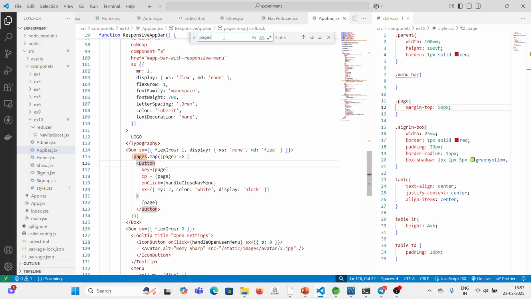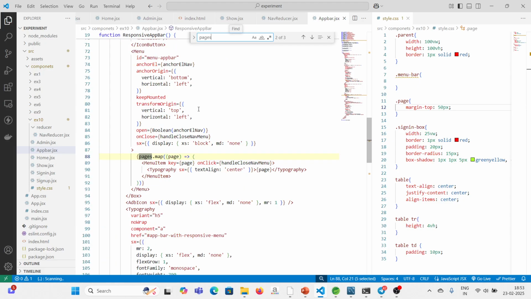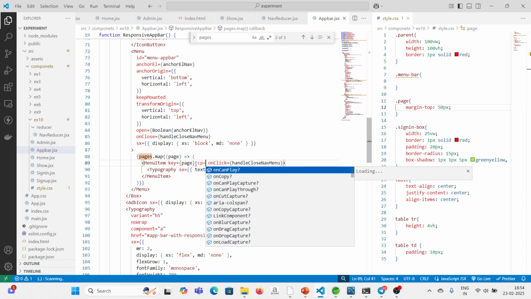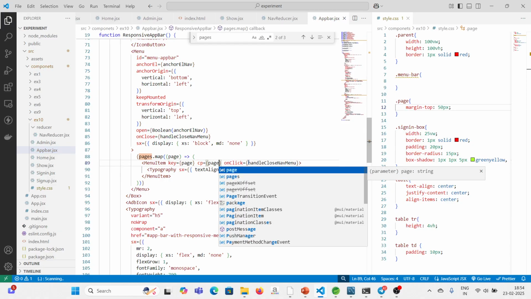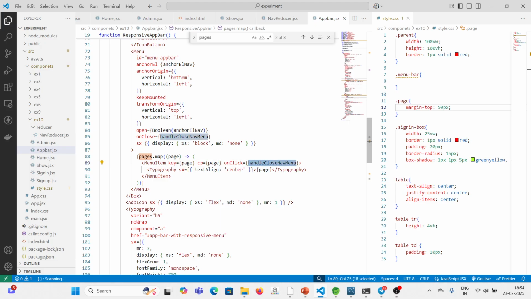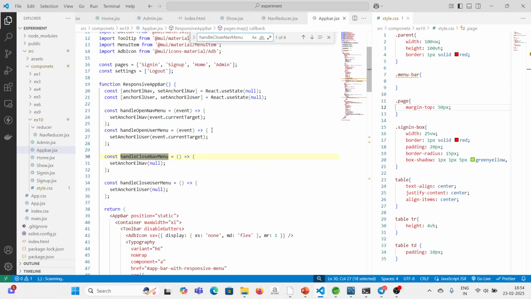Check the other pages also. Here also you add the same CP. CP equal to page, so CP will have the current page data. And here also it is calling handle close nav menu. Search for this, handle close nav menu. Inside handle close nav menu,